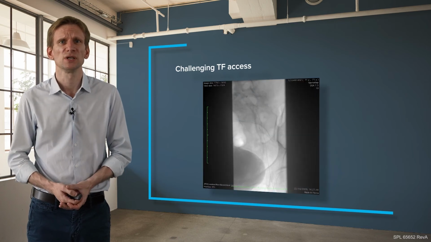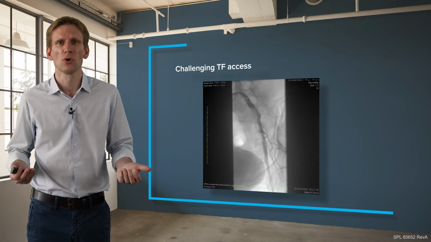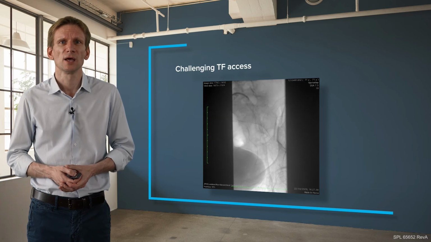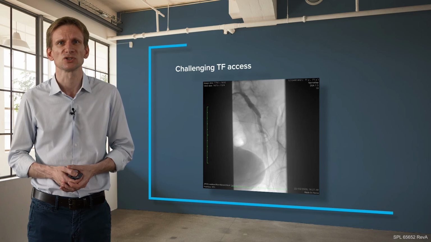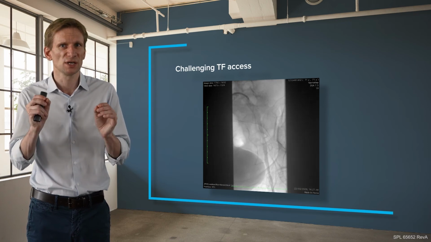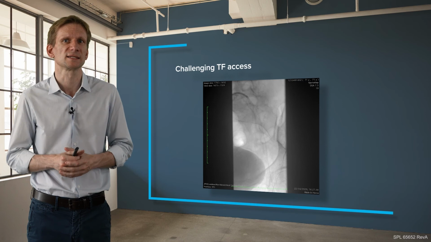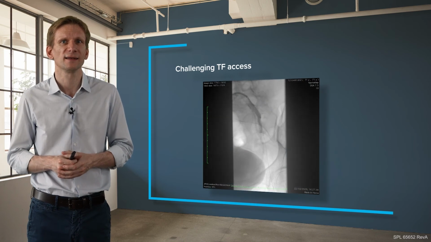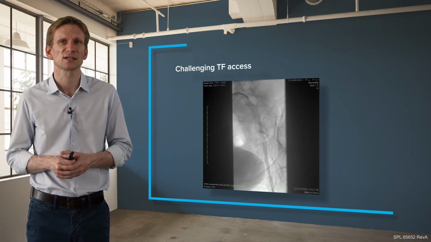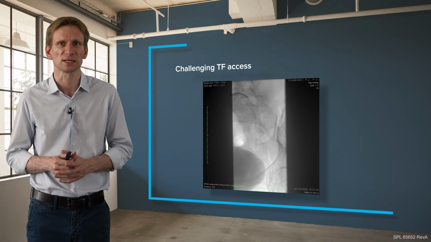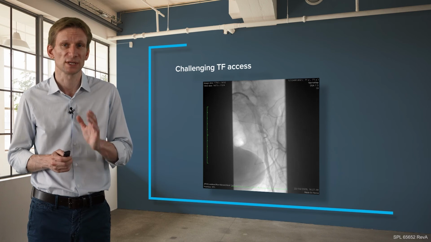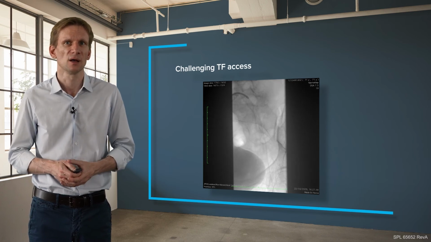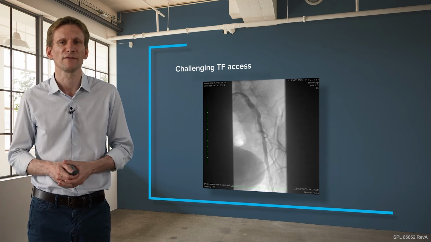angiographically. So you see very nice flow, no rupture, no bleeding, even no obvious overt dissections. Of course, very often you see some small localized, very tiny site dissections which heal completely spontaneously, so they do not need any additional treatment. So this is a perfect and very classical result, I would say, at the end of a routine IVL-assisted transfemoral